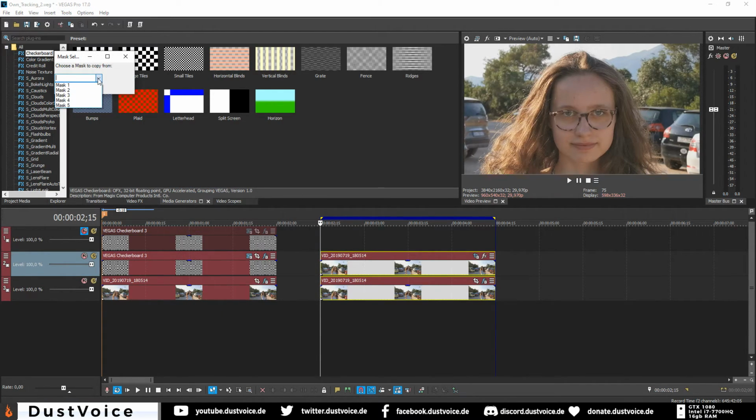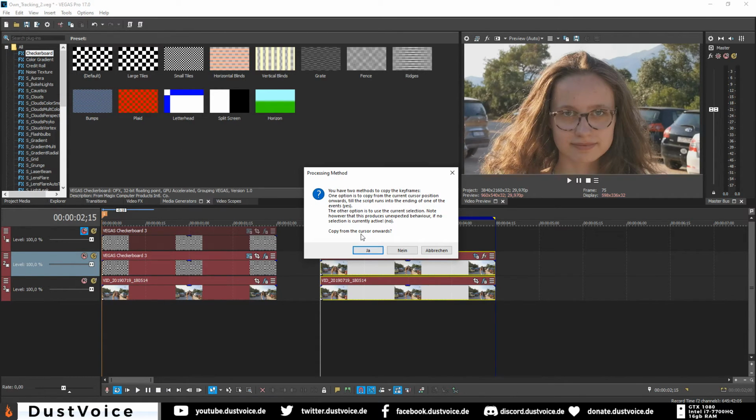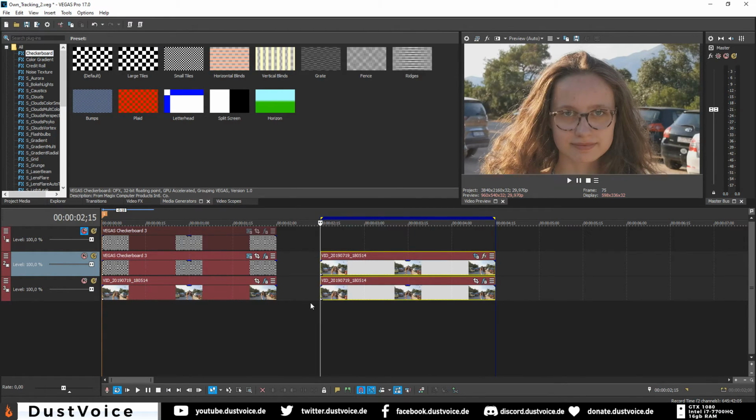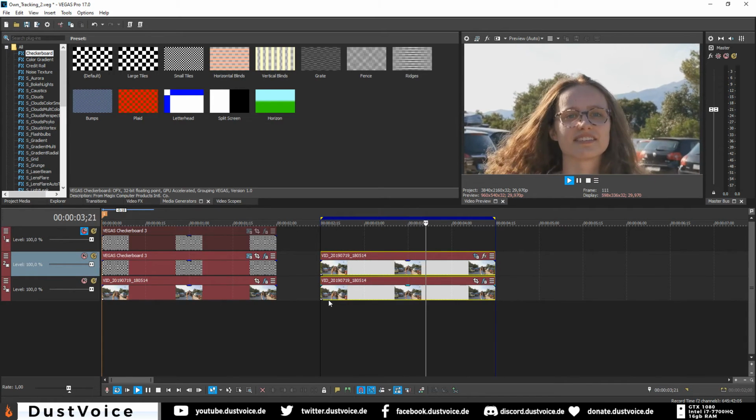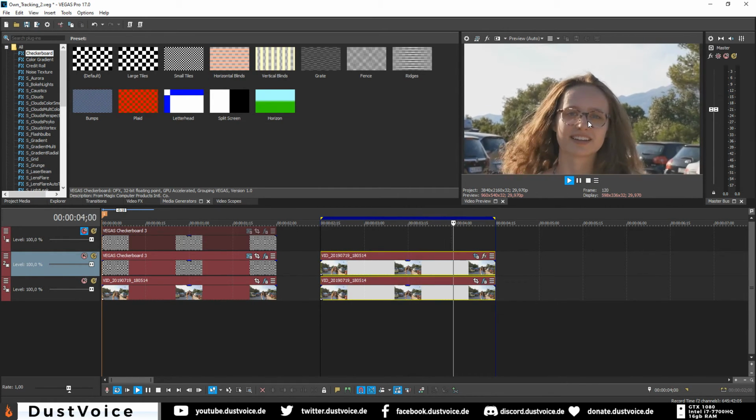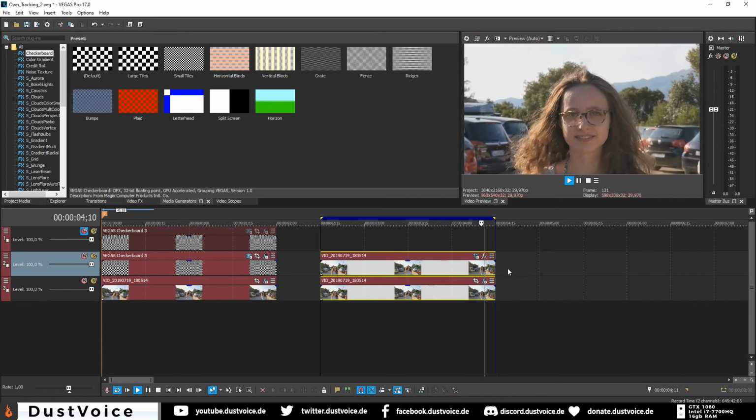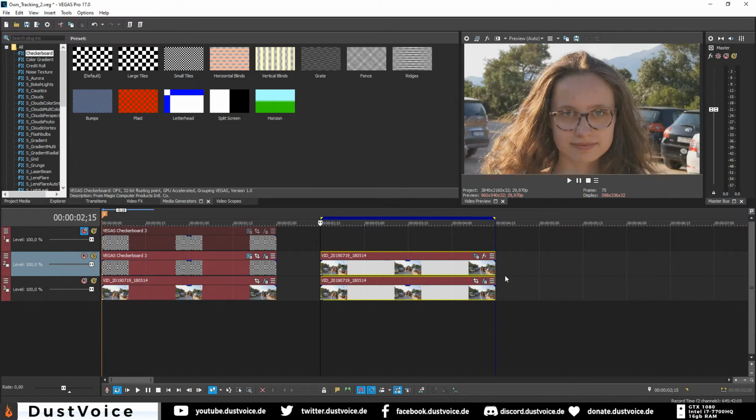It wants me to know from which mask I want to copy. In my case, this is mask 1. And as with the other script, it asks me if I want to do a selection or from the cursor onwards. I want to do from the cursor onwards. And now, as you can see, the face stays perfectly centered in the frame. It's just that quick. No pain in the ass, no manual pan and crop manipulation, just simply a script which